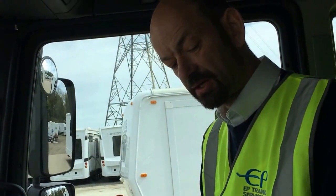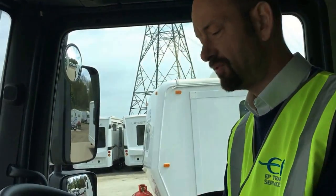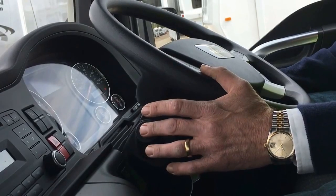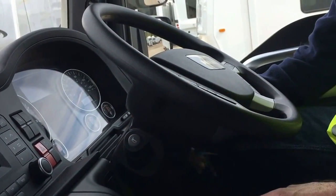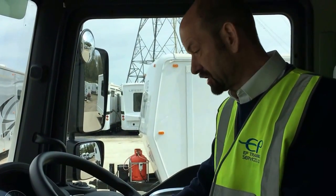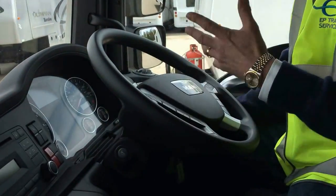Okay, show me how you would check the operation, specifically horn, the audible warning device on this vehicle. So quite straightforward, turn the ignition on, press the audible warning device, and that's how you check for that. Another one could be, show me how you check for correct air pressure on the vehicle. So we can turn the ignition on, we can consult the air gauges here, and we can also,